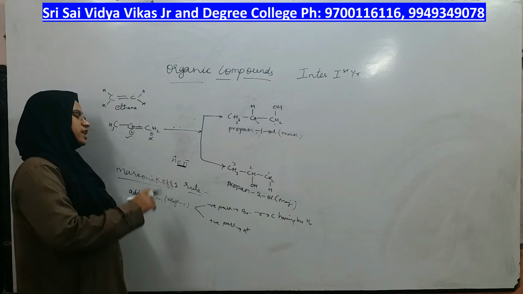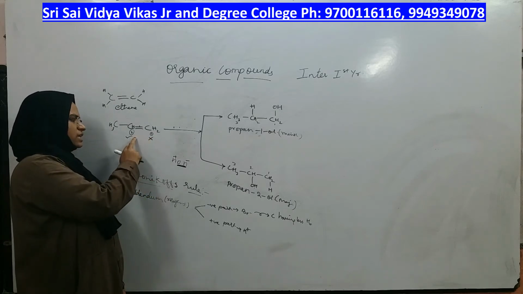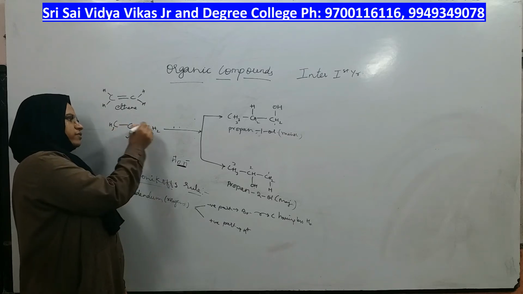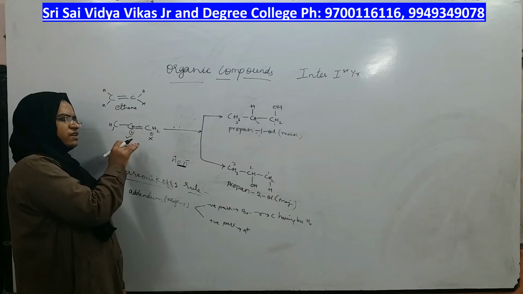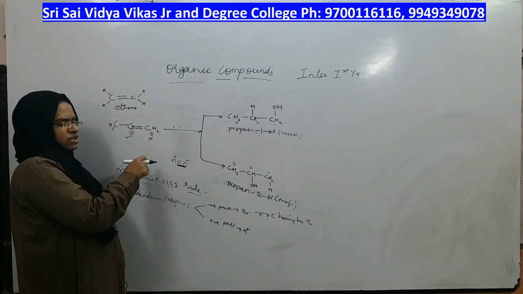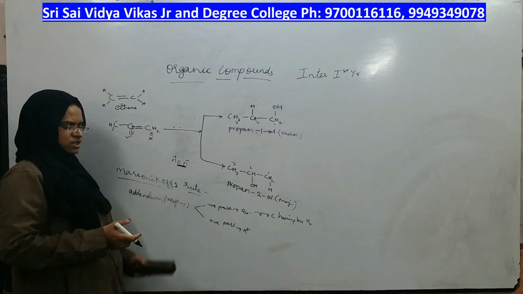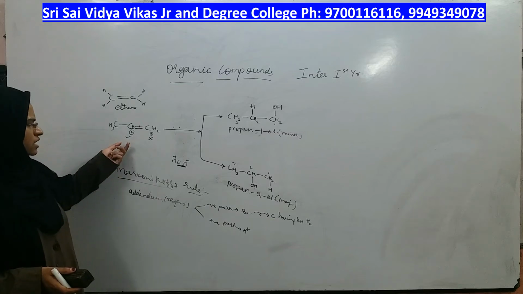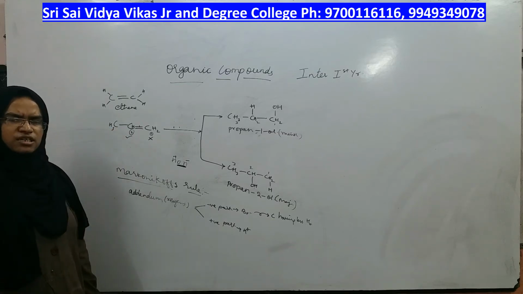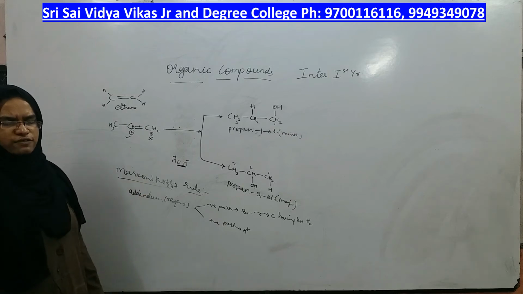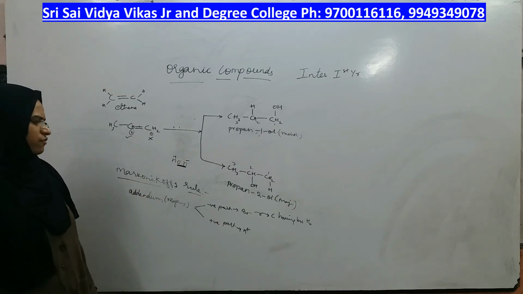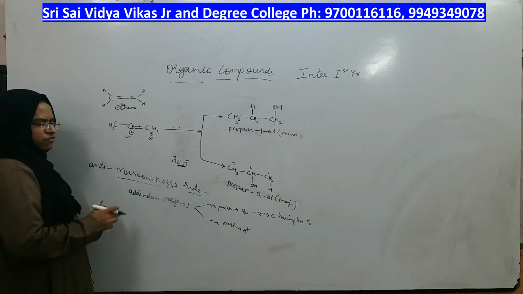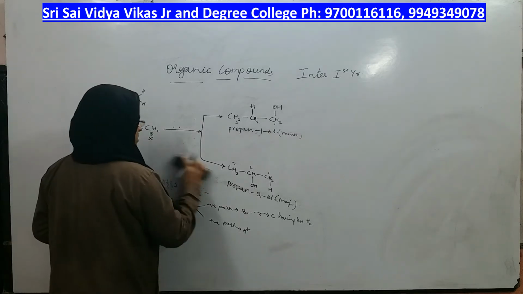Which carbon do you have to select? Out of the 2 carbons of the alkene only. You should not consider the other carbons present around. Out of the 2 carbons of the alkene, whichever has fewer hydrogens, that product is major. Whichever has more hydrogens, that product is minor, right? That is Markovnikov's rule. Sometimes alkenes undergo addition reaction without following Markovnikov's rule. Instead, they follow anti-Markovnikov's rule. Markovnikov's rule is clear to us, right?